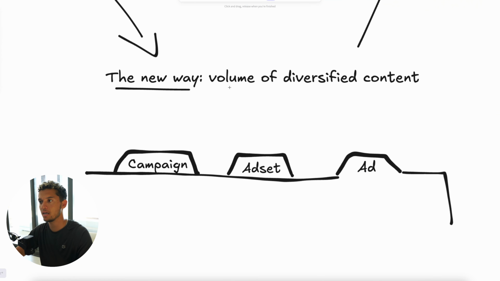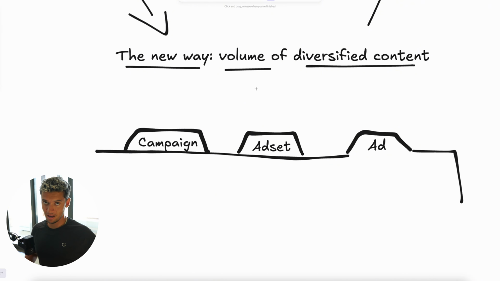So the new way is volume of diversified content, and how you would structure this does not really matter. Like the days of the era of media buying, that's over. Like, media buying does not matter that much anymore. Of course, your 3.2 ROAS could turn into a 3.4 if you would just surf scale here. Bro, just do better content and spend more money on what's working, less money on what's not, or no money on what's not working, and you will make more money.